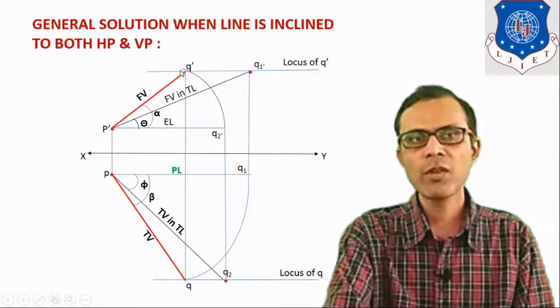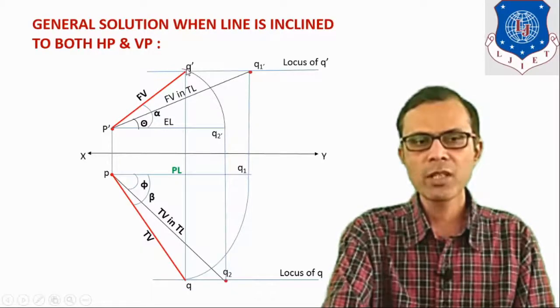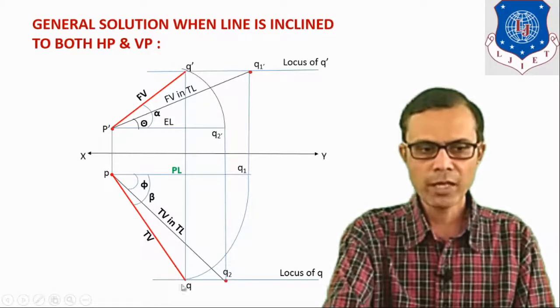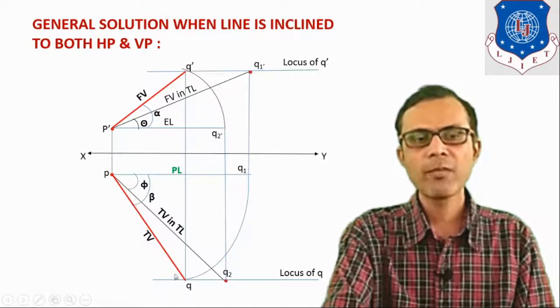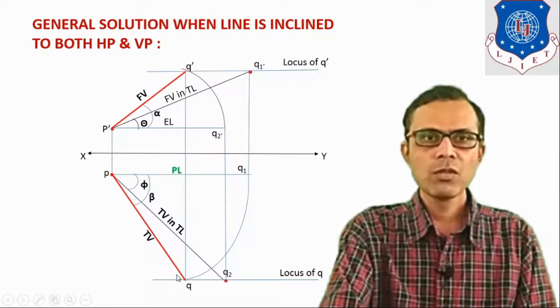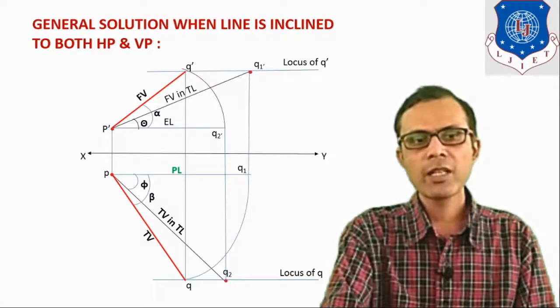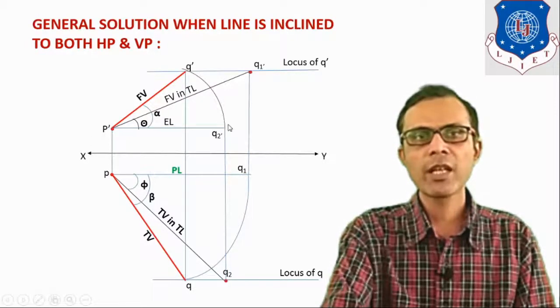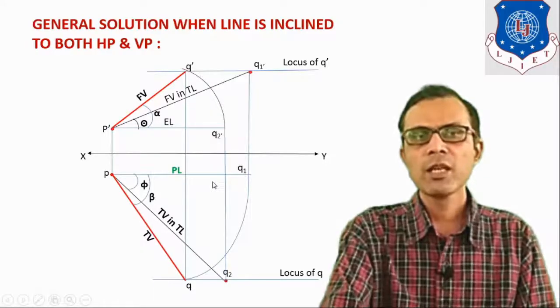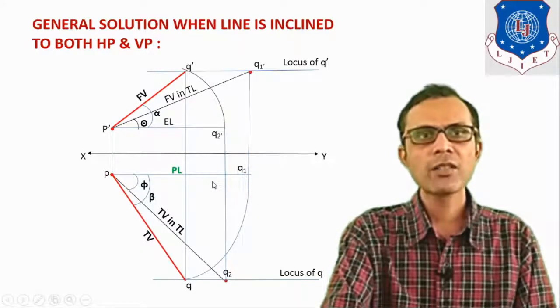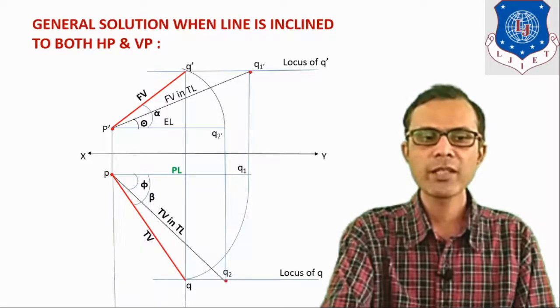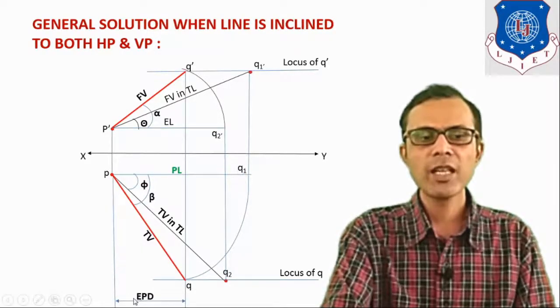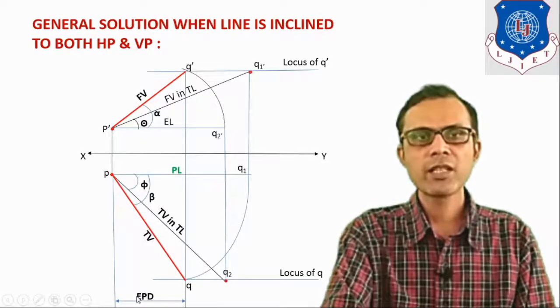Now if you have Q dash, then draw the projection line from Q dash in the downward direction. At the similar point you will get point Q here. So it will be the final top view. What I mean to say is that you can rotate either the elevation length or the plan length, but the answer remains unchanged. It will be similar in both cases, and it is the final EPD, the end projector distance.